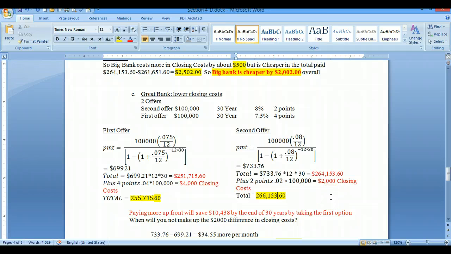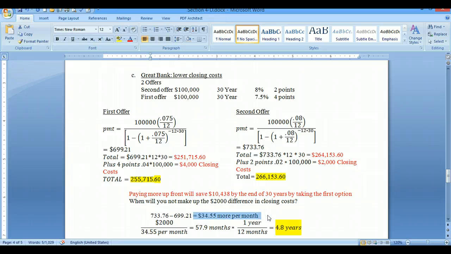What if you've decided that you're not going to stay or own this particular house for the full 30 years? So when will it end up being a better option? Well, let's figure out the difference between our monthly payments. So we have $733.76, subtract $699.21, means I end up paying